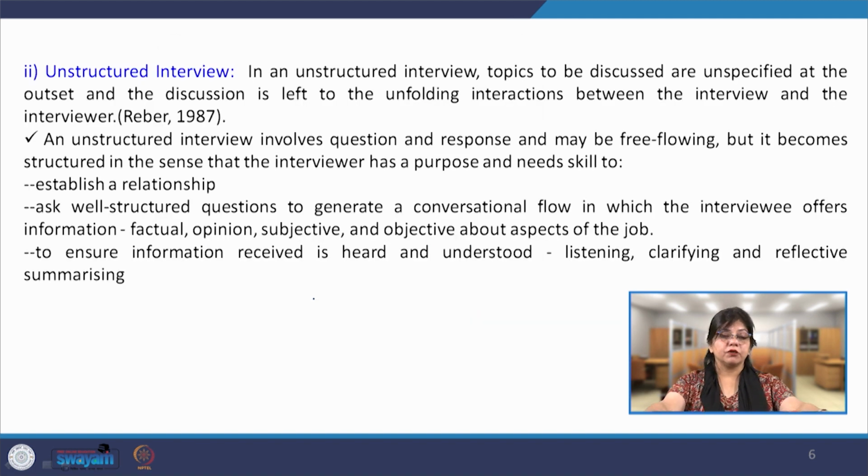The other is unstructured interviews. In an unstructured interview, topics to be discussed are unspecified at the outset, and the discussion is left to the unfolding interaction between the interviewee and the interviewer. There is no preset idea of what questions have to be asked of the subject. It is at the very outset, when the two people, the interviewer and the subject, come in contact, that face to face verbal interaction occurs, and both parties unfurl their discussion so that all the information becomes available